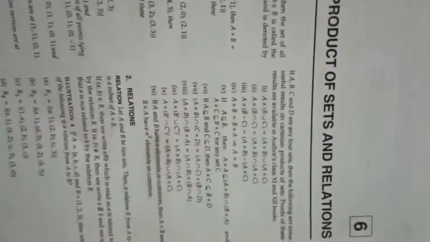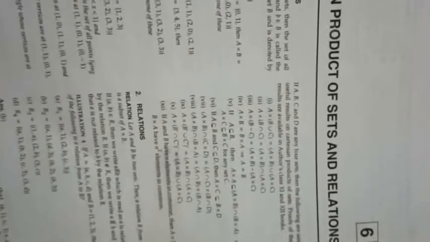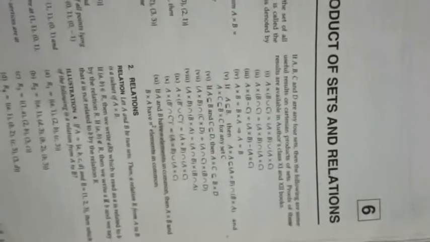Now some laws from class 11th. If A, B, C, D are any 4 sets, then the following are useful results on Cartesian product: A cross (B union C) is (A cross B) union (A cross C). A cross (B intersection C) is (A cross B) intersection (A cross C). A cross (B minus C) is (A cross B) minus (A cross C). A cross B is equal to B cross A implies A equals B. If A is a subset of B, then A cross A is a subset of (A cross B) intersection (B cross A), as well as for C.